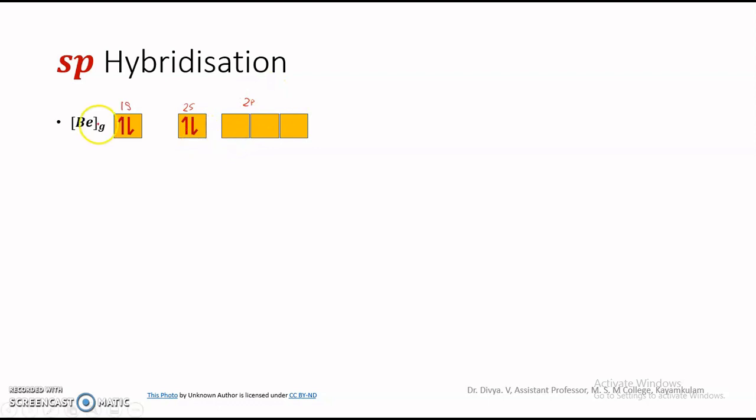But this suggests that beryllium does not form any molecules, because all the electrons exist in paired condition. But we know this BeF2 molecule exists. This is a stable molecule also,